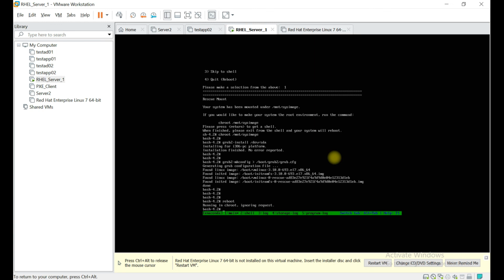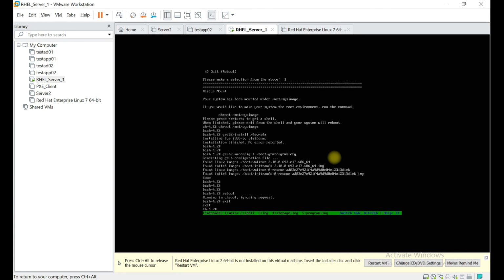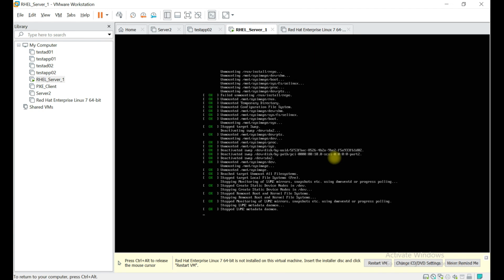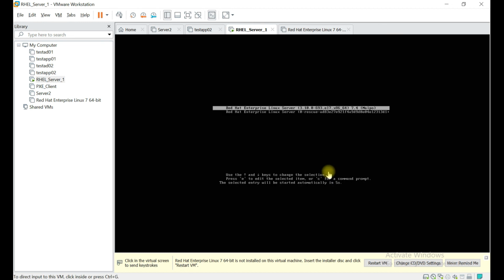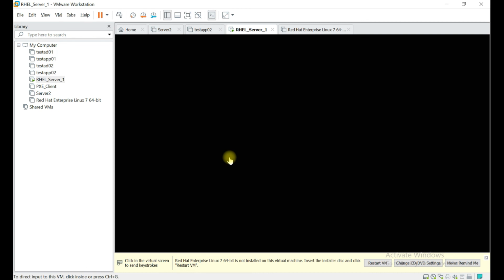We are in chroot mode, so exit, then exit again. Okay, let's see. I'm not going to touch it. Let's boot it automatically. Okay, it's booting.